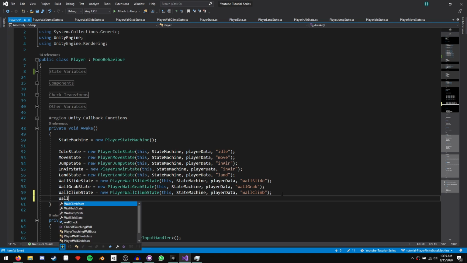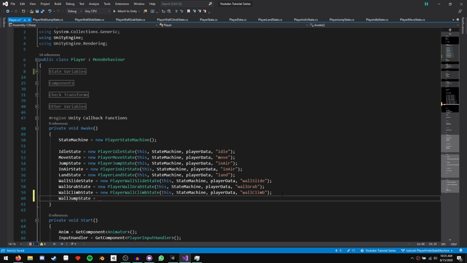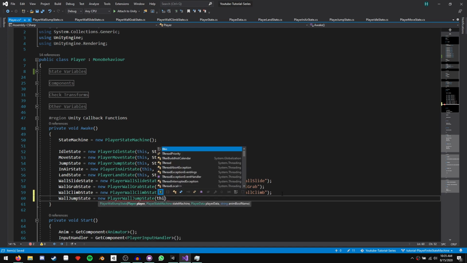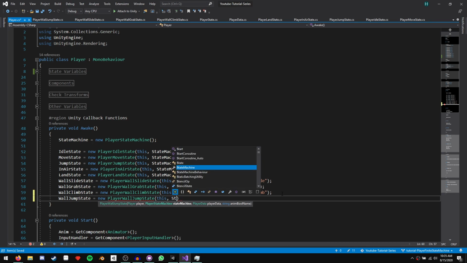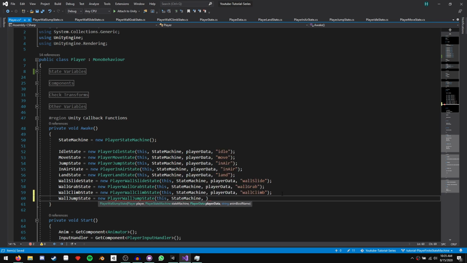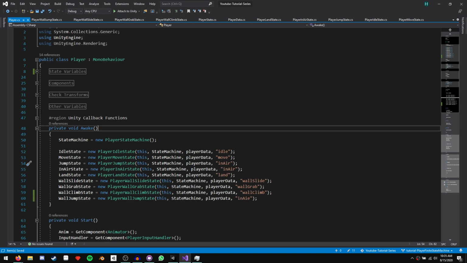So wall jump state equals a new player wall jump state with this as our player, state machine as our state machine, player data as our player data, and then finally our animation boolean name is also just going to be in air, same as for the jump. And that's basically all the setup we need to do. We're ready to get started with the state.